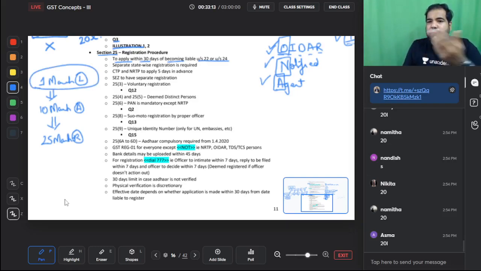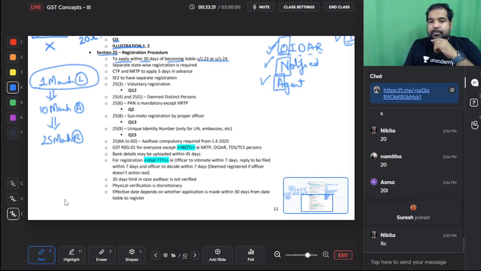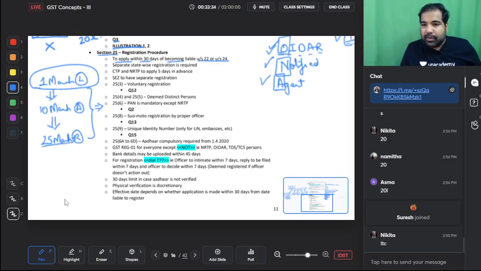But what is the difference? Why should I be congratulated if I get an earlier effective date? That means if you buy anything from 1st of March onwards, you will get ITC. Also, whatever supplies you made during this time, you should charge GST. But I did not have my GST number in this while, I got it only on 25th March. No problem. You can go back and revise the invoices, which we will see in the invoice chapter.